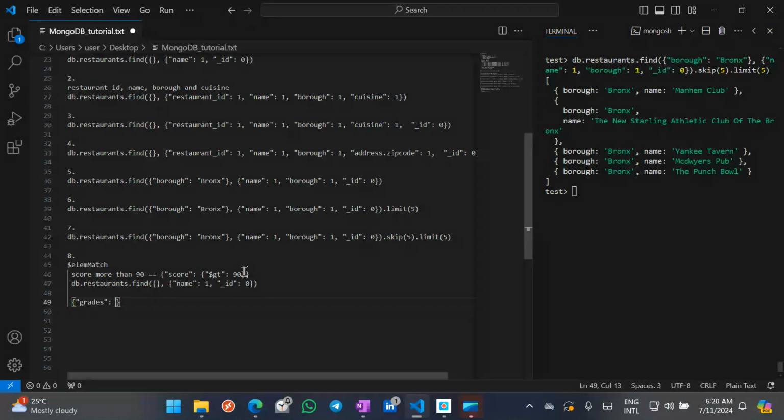So what is the grades? The grades should match an element whose score is what? More than what? 90. That is where the elemMatch keyword comes into play. So we copy this out, then we do this, right? We open this again, then we paste it in here. So whose score is what? More than 90. You copy this out, then paste it in here. Now you have